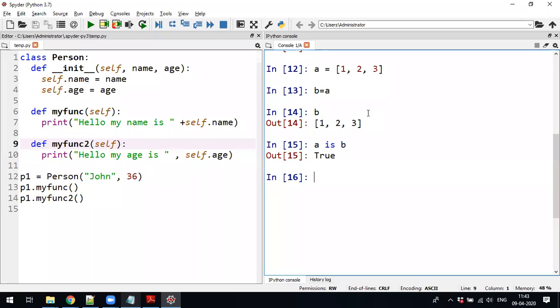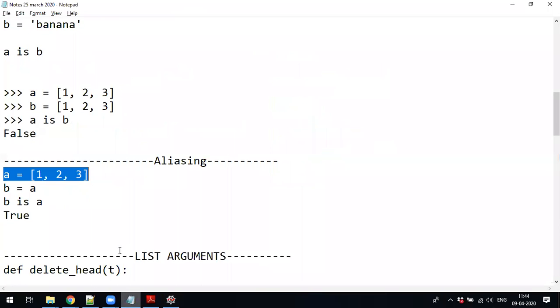And this aliasing you have seen in SQL also. In the SQL keyword, instead of the table name, you are going to give an alias name: table name, space, as, then the name you are going to give. That is also aliasing, the same thing. In that case, you can use any of the names. Both will point to the same list. This is what aliasing is.